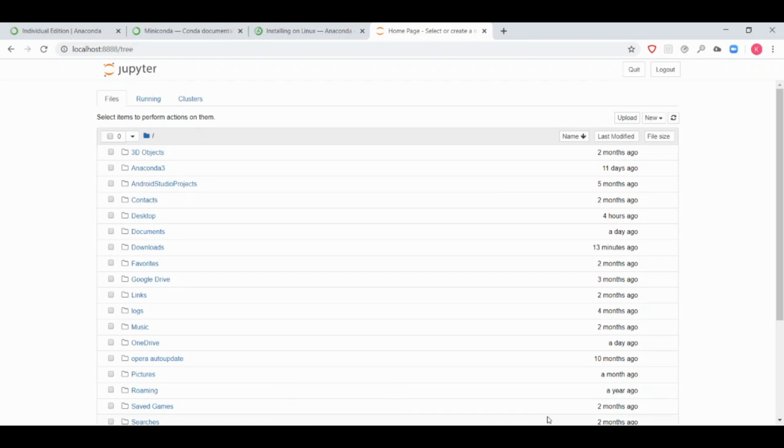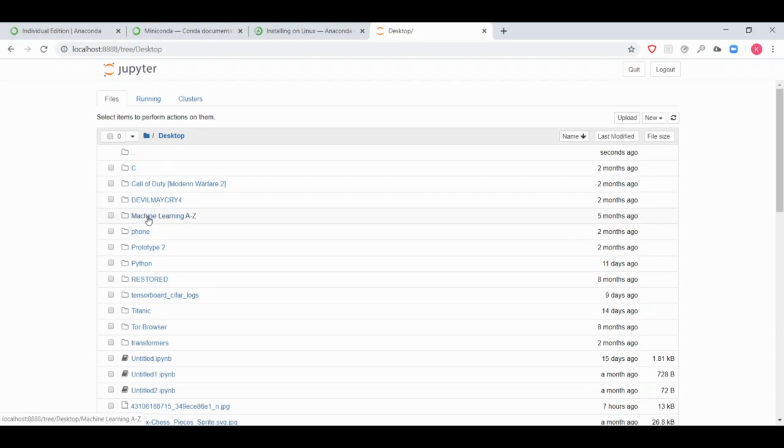So if you want to run code on Jupyter, you need a working directory right now. You can select whatever directory you want. If we select Desktop right now, then our working directory becomes Desktop. Okay, and if you want to